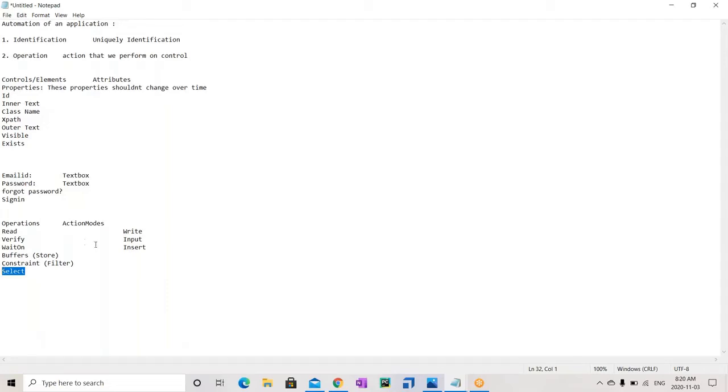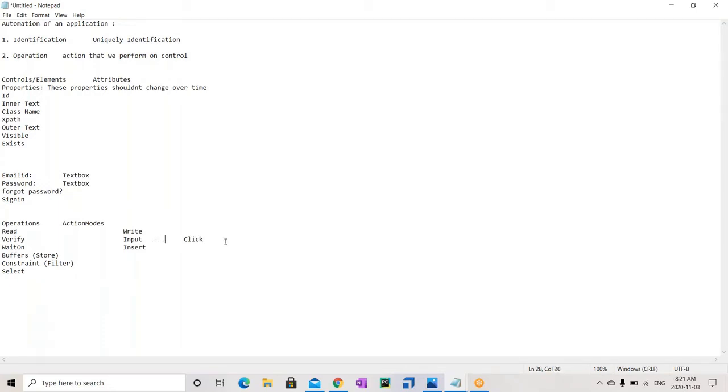And coming to the write side, we have input and insert. Input is nothing but going and inputting some data from our side. It is nothing but writing. Also the click functionality, like if you want to click on a button, even that comes under the input category.